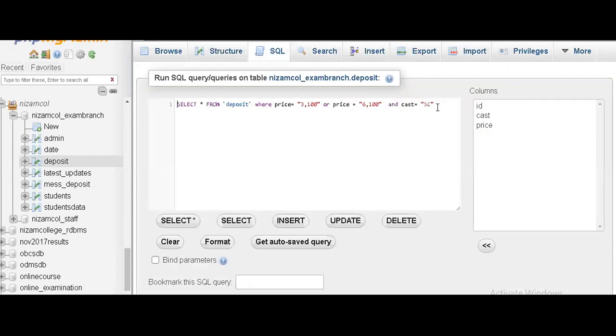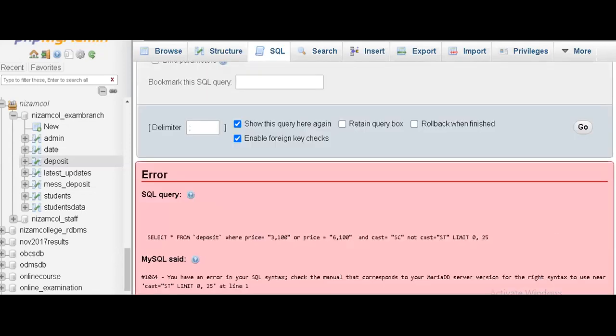Suppose here itself, I want only SC but not ST, so caste not equal to ST, something like this. So I should get only one record. Where is it giving the problem?